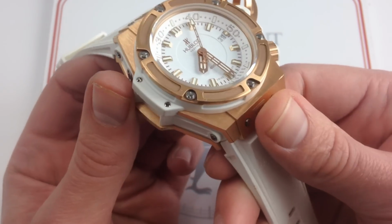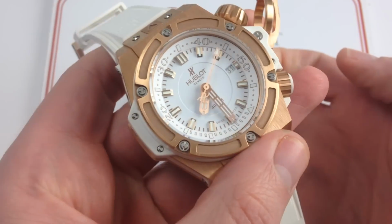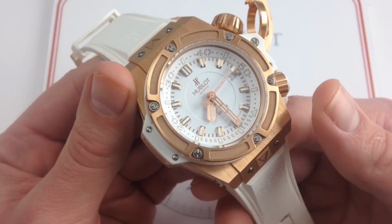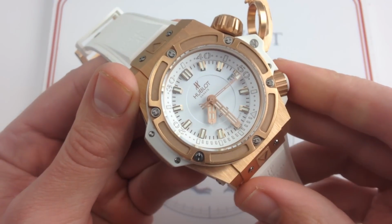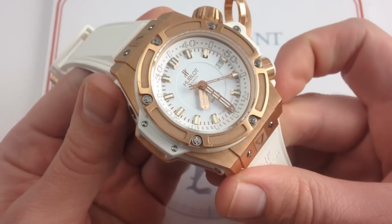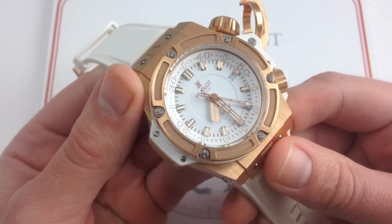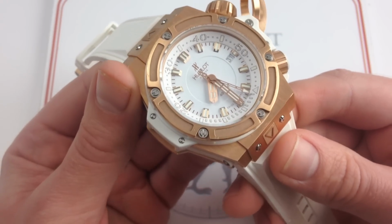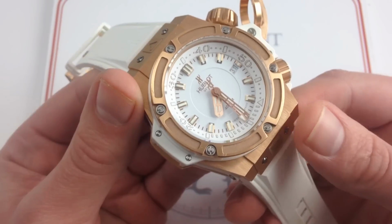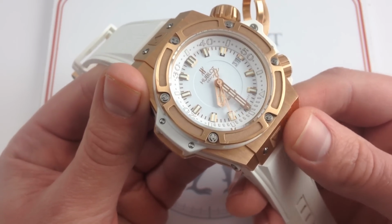Everything you love about Hublot, the rubber, the detail, the attitude, the size, the substance in the hand, and of course the image that can't be beat, you get here, but you do get a very substantial, thoroughly engineered, and excruciatingly over-designed, carefully considered timepiece. This is a real statement watch. 48 millimeters, it wears far larger, with a visual impact the size of King Kong. Again, even if you never take it diving and the only whales it ever encounters are in the casino in Las Vegas or Monte Carlo, this one